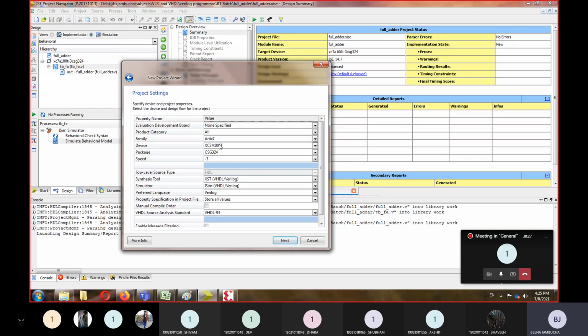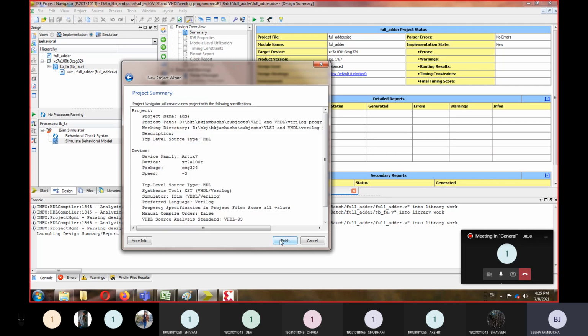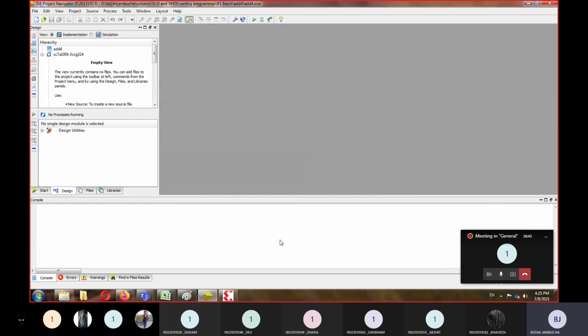Next, this is the FPGA board details in which we are going to load the program. Simulator is iSIM simulator, preferred language is Verilog. Next, finish. So here our project is created, add 4.